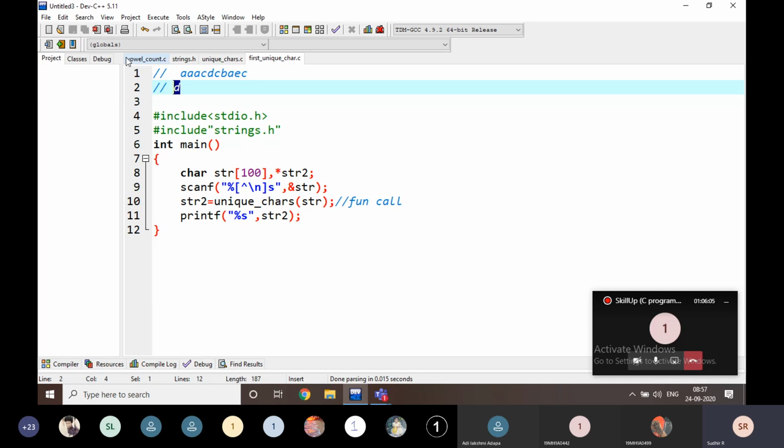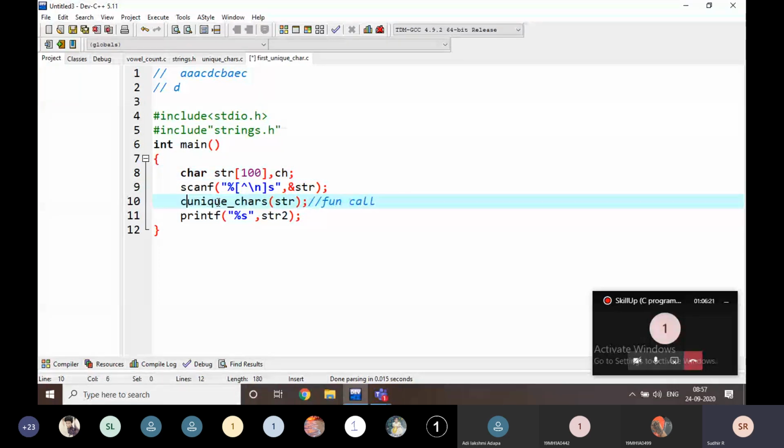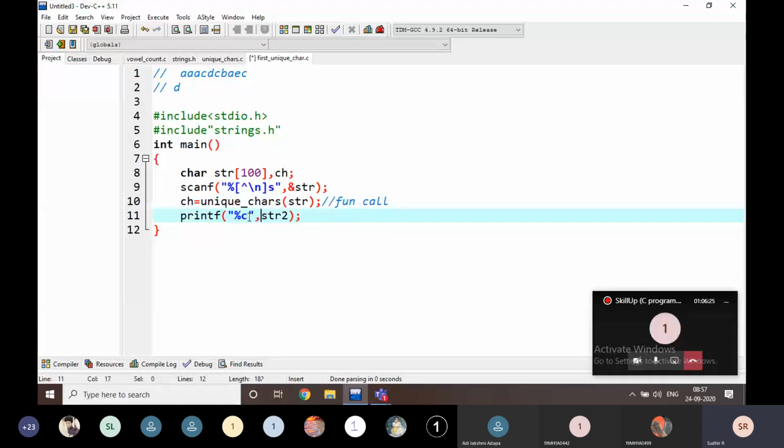Note down the question: first unique character in the string. It is not repeating anywhere, and only a single character is going to be returned, not multiple characters. That's why, instead of a string, I'm going to return the first unique character.